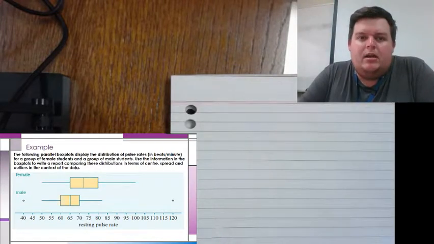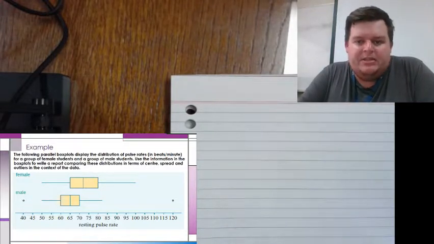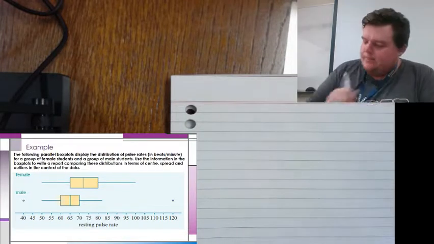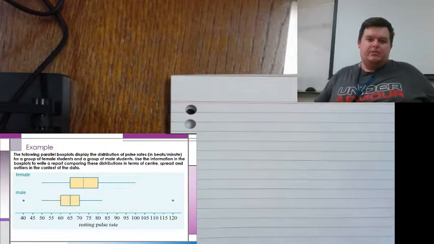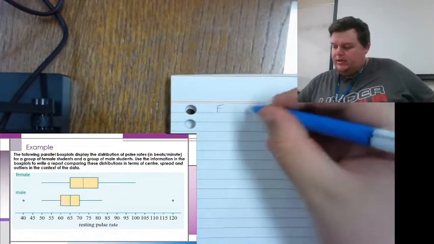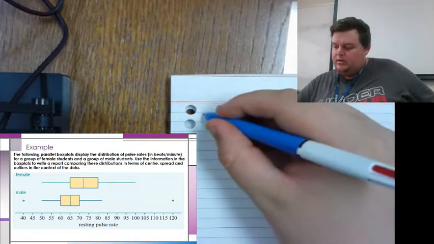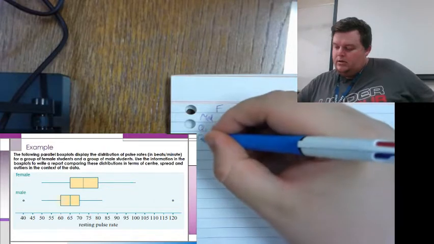So it says the display of distribution in pulse rates, beats per minute, for a group of female students versus a group of males. Use the information to compare center, spread, outliers, etc. Okay, so we're comparing center, spread, and outliers in this one. What we're going to do first is we're going to say they're females, they're males. We're going to find median, Q1, Q3,